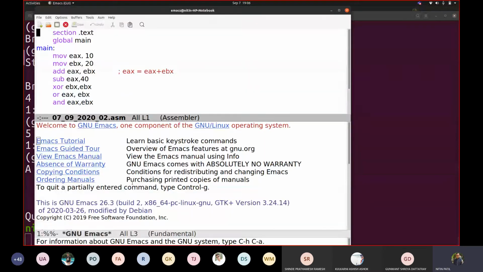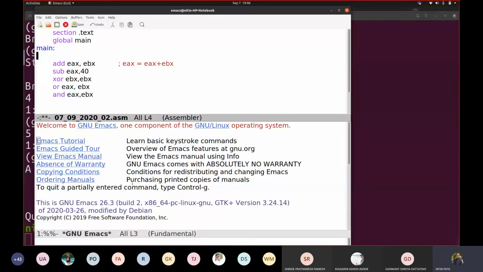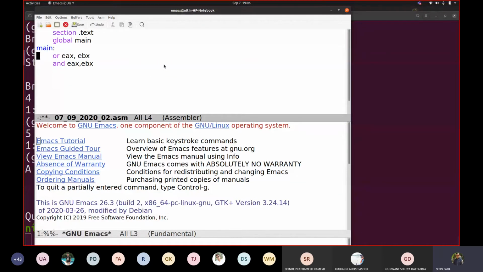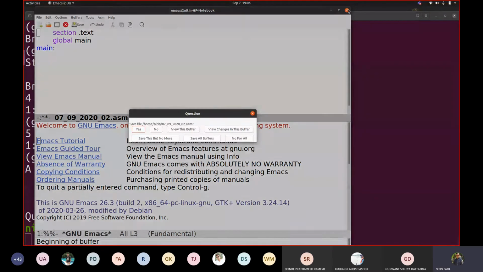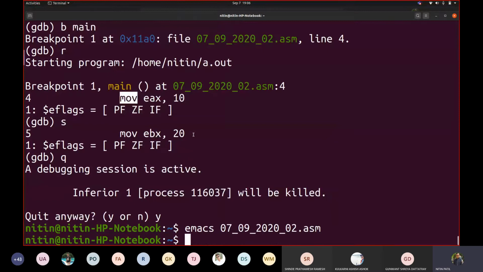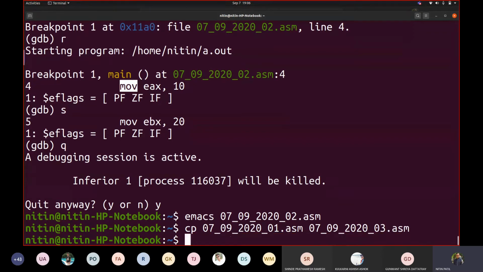So let us try to write a code which will return us a factorial. Okay, so I'm deleting this whole stuff. Let us copy this so that I can make that code available to you.